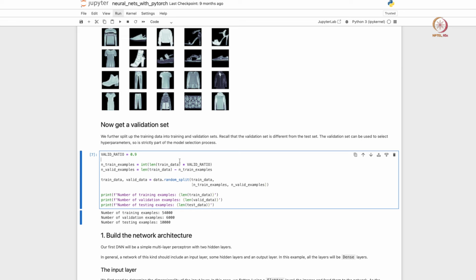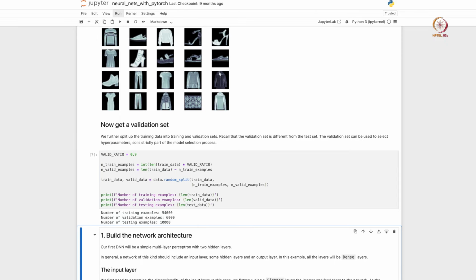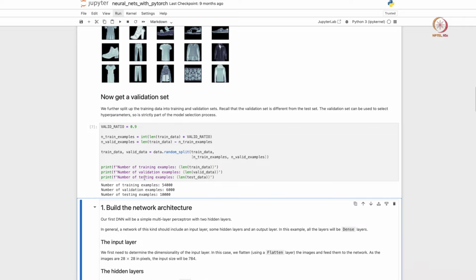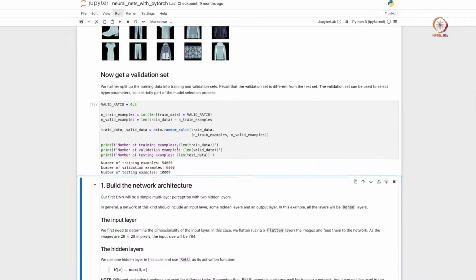So we have basically downloaded the training data set, we have downloaded the testing data set, we have also scaled the training and the test data sets. Now the next step is to create a validation set from our training set. So what we are basically going to do is split our training data set into a 90-10 kind of ratio. So 90% of the training data points are going to go to the actual training set and 10% is going to be held back for validation, right. And that is what this cell does here.